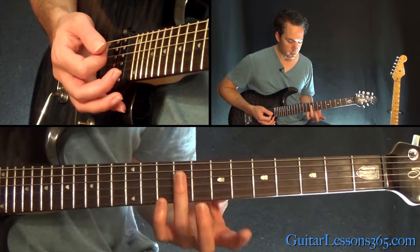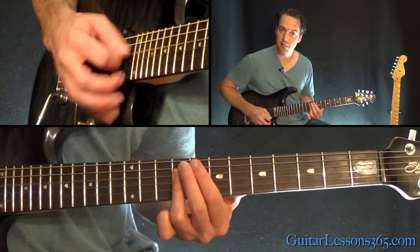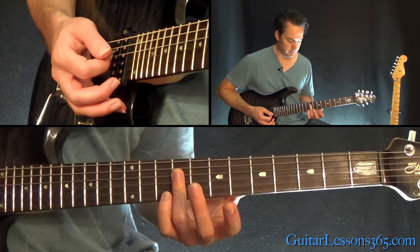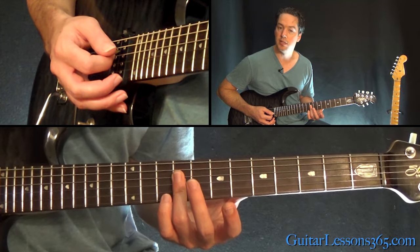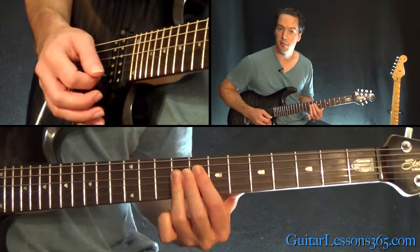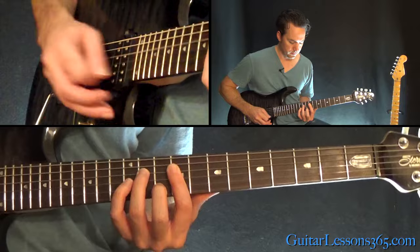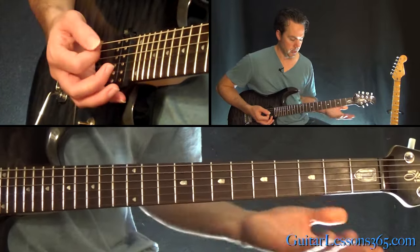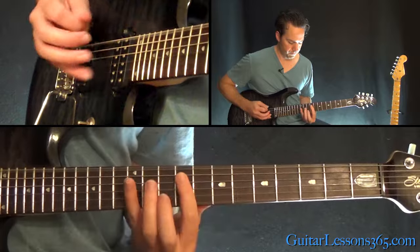And then I just grab that E again with my 3rd finger, my ring finger. I go across the 9th fret, across the B, G, and the D. So we have this. And if you want to add that bass line,